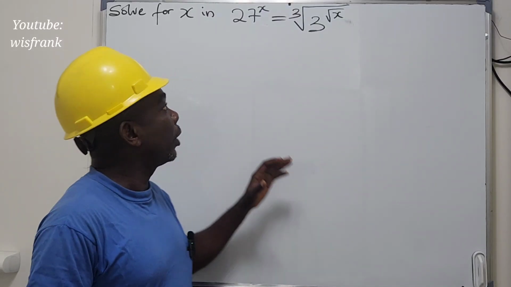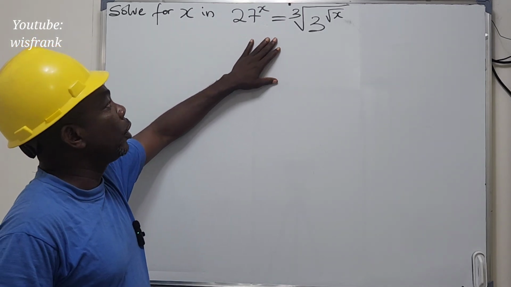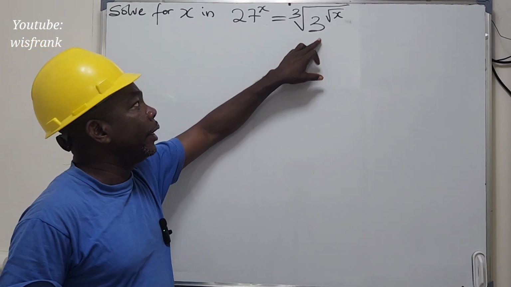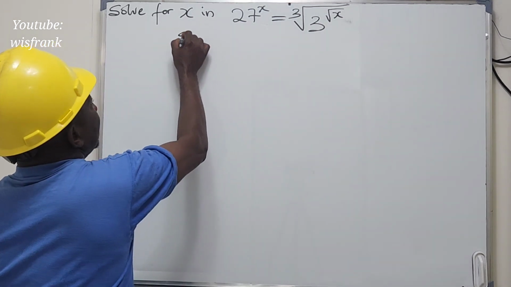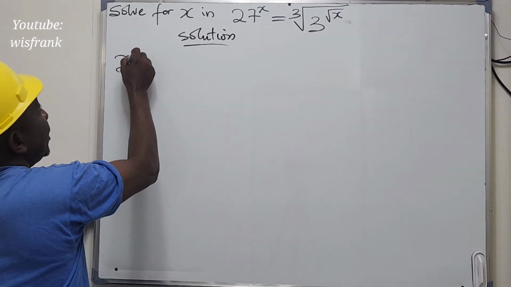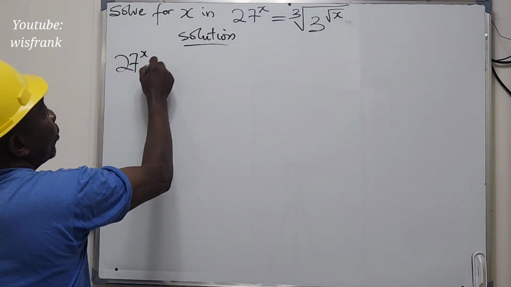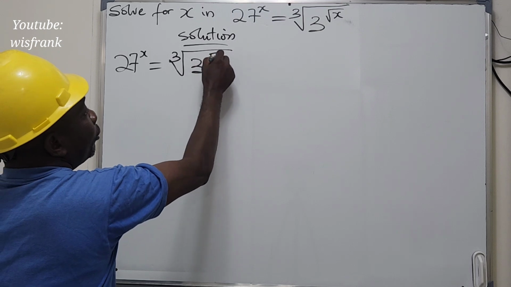For today, we are looking at this question and it says solve for x in 27 to the power of x equals the cube root of 3 to the power of square root of x. So in this case, we are going to solve for the value of x. So we are given 27 to the power of x equals the cube root of 3 to the power of